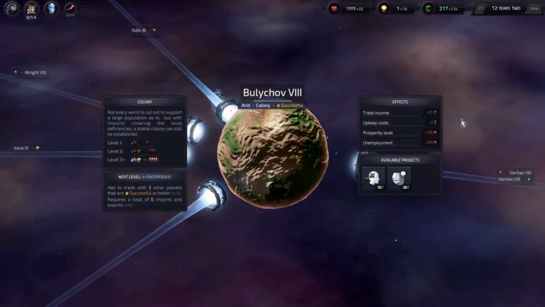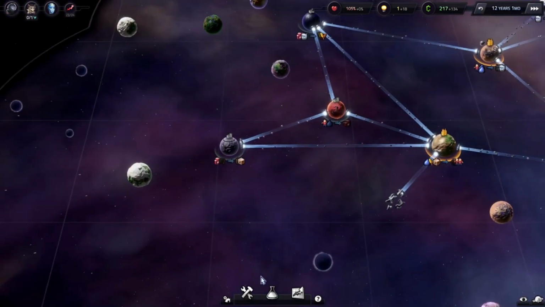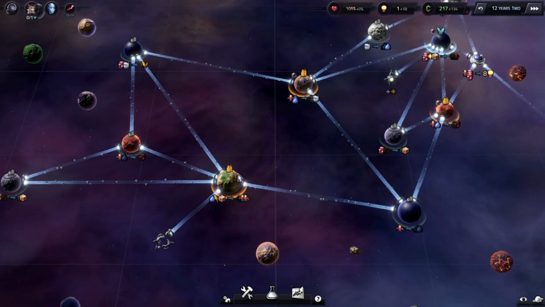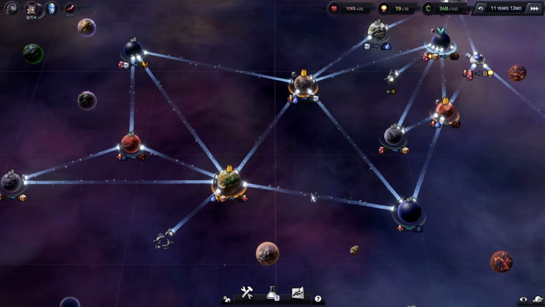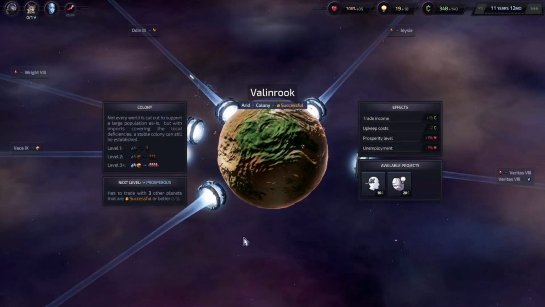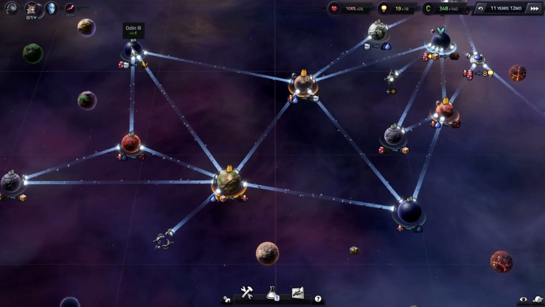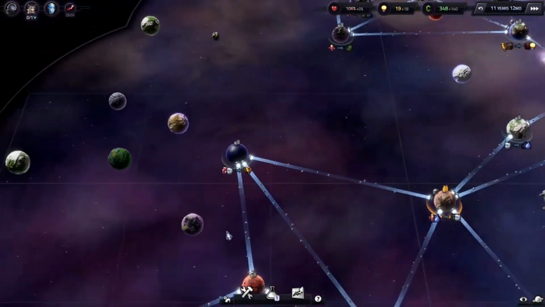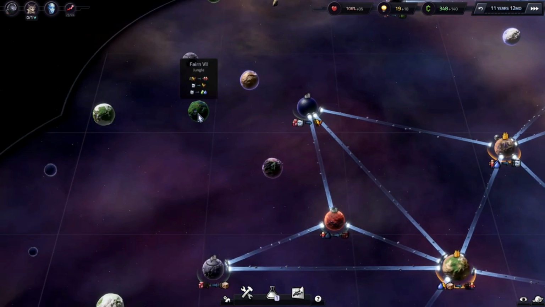Okay, we've got... Valenrook. Now, I need to decide here what's the best way to go about this. We could actually send you up here, Valenrook. Send an extra employee up here just to get the number of imports and exports going. Successful. What do you need to be successful? Export routes. We need to send food somewhere. So what happens if we make you...